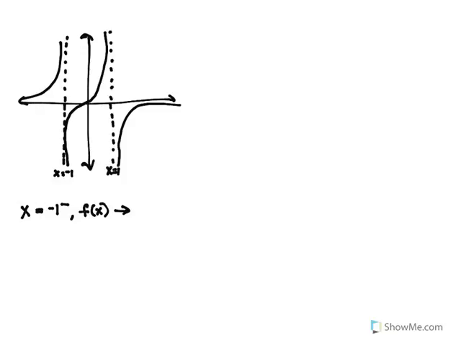Okay, so on this particular problem, this is about arrow direction. What it's saying is, as the x values on the graph are going towards -1, so this is telling us as it's going towards -1, not equals. As the x's are going towards -1, so this is the -1 line, this one here, okay? That's the asymptote. So as the x values are going towards the -1, from the negative direction, this symbol is